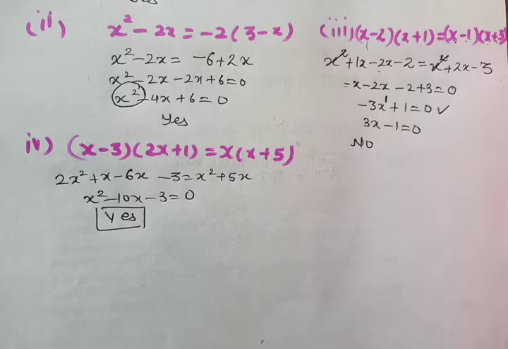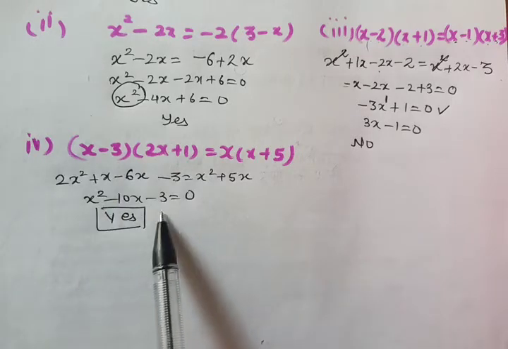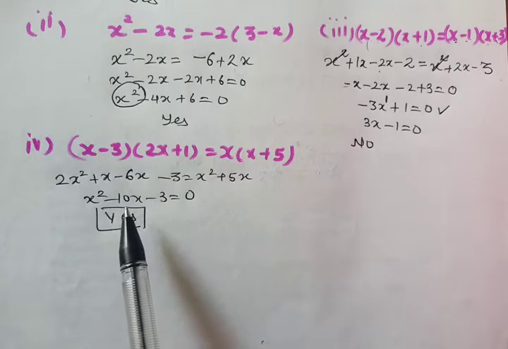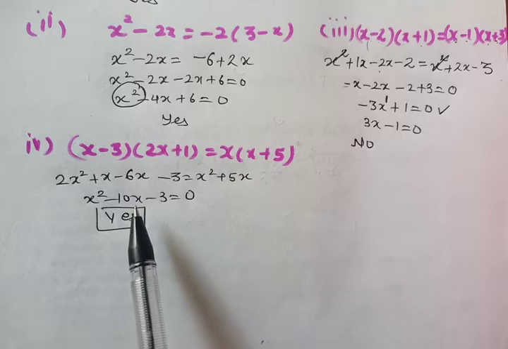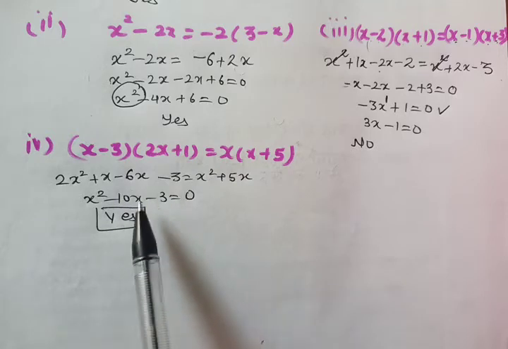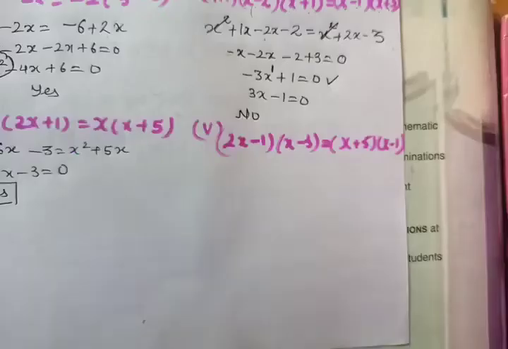Students, here I want to tell you one thing, that if you get this calculation wrong, and even if by chance you are getting x square here but in place of 10 you get 15 or 14 or 12 something, then you will not get marks for writing yes also, because your calculation itself is wrong. So you won't be getting any marks for that.